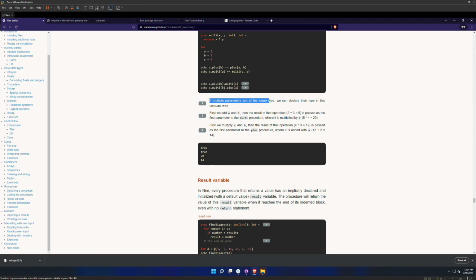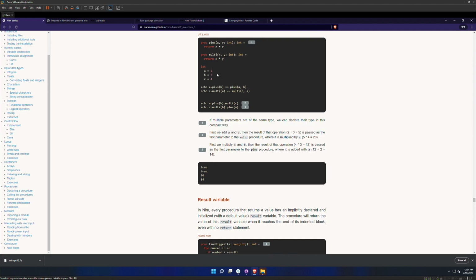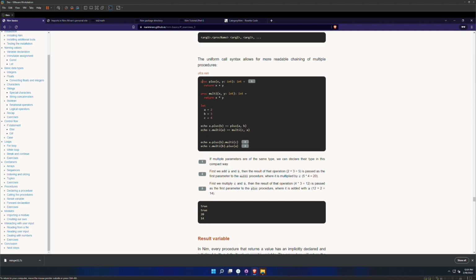If multiple parameters are of the same type, we can declare their types in this compact way. First, we add a and b, then the result is returned. Okay, well, let's see what it's actually saying. So we have a procedure plus x, y, and both of them are integers, and it returns an integer back. Procedure multi x, y, and it's also integer, and it's times. Okay. So we have a is 2, so we get